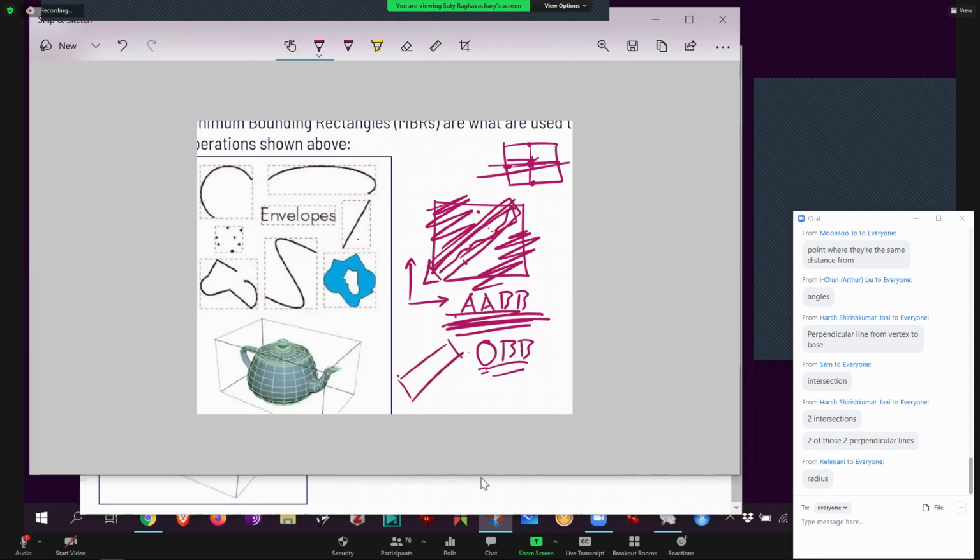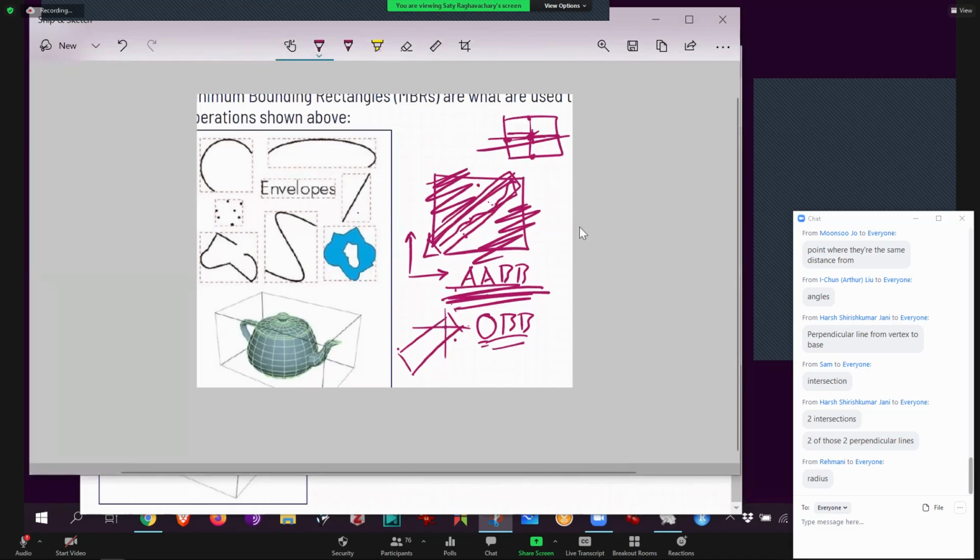If I give you these 4 corners, or 2 corners, and I ask you, is it inside or outside? It is not that easy, because you cannot just simply do if statements. So therefore, I guess for that reason, they don't use it. But it's very efficient, actually, if you ask me. In game programming, by the way, if you punch a character, then the character would respond, depending on whether the game engine told your code the punch landed within the oriented bounding box or not. Game industry uses oriented bounding boxes.